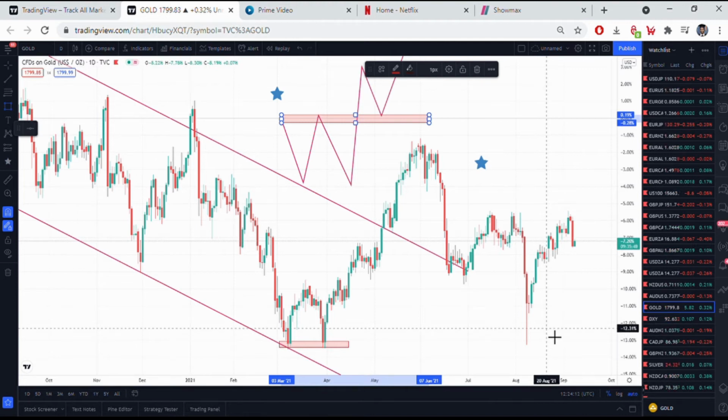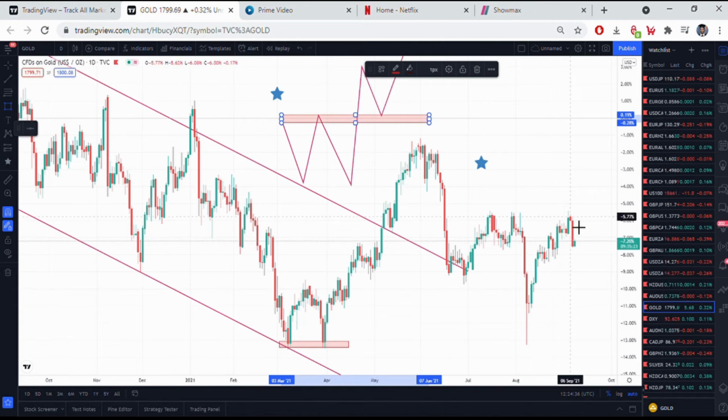The reason I'm doing this is because I want you to understand how I came about the current analysis. You need to understand the history of what you're dealing with. You need to go back and understand the nature of your pair. So the market had a double bottom and then a double top, then pushed to the downside. Now the market started pushing to the upside.